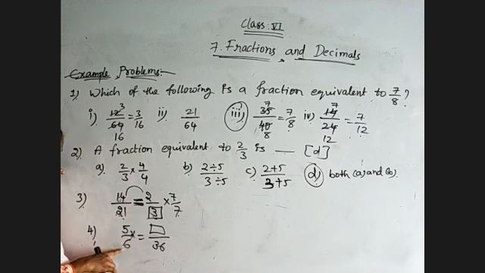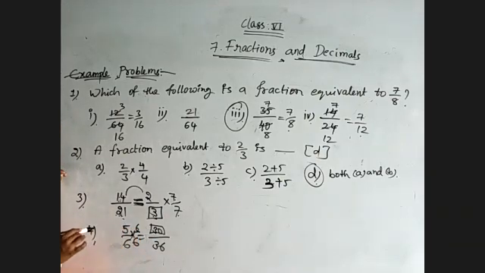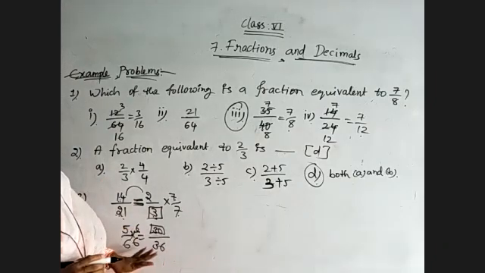Okay. So here denominators are given for both sides. 6 sixes are 36. In 6 table, when you are getting 36, 6 sixes. Means we need to multiply the numerator also with 6 only. 5 sixes are 30. So 30 by 36 is the equivalent fraction of 5 by 6. That's all. Okay. So we can find missing numbers if two fractions are given as equivalent.